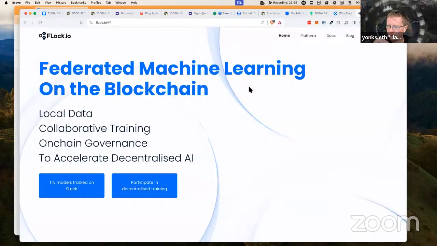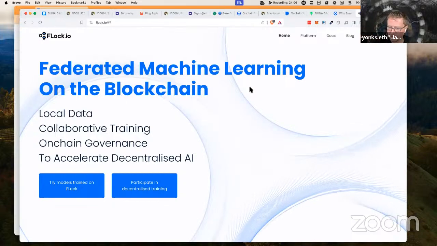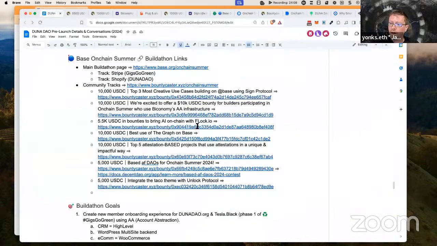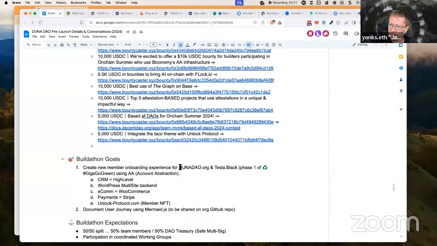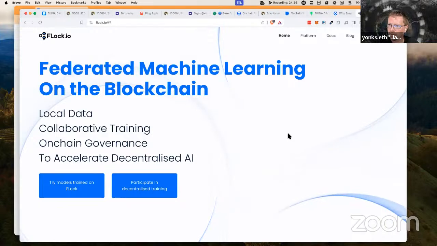So one of the use cases that we're wanting to use AI for, and I don't know if it really makes sense to look at potentially implementing anything within this right now, because the main thing that we're wanting to do again with our build-a-thon is to create a member onboarding experience and document the user journey. And this may be a little bit in the category of scope creep, but it may be a solid tool for us to use, because one of the use cases that I would really love to see us implement is